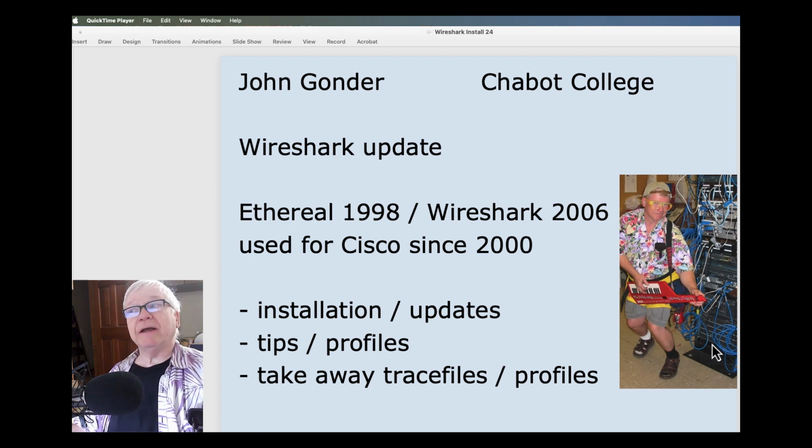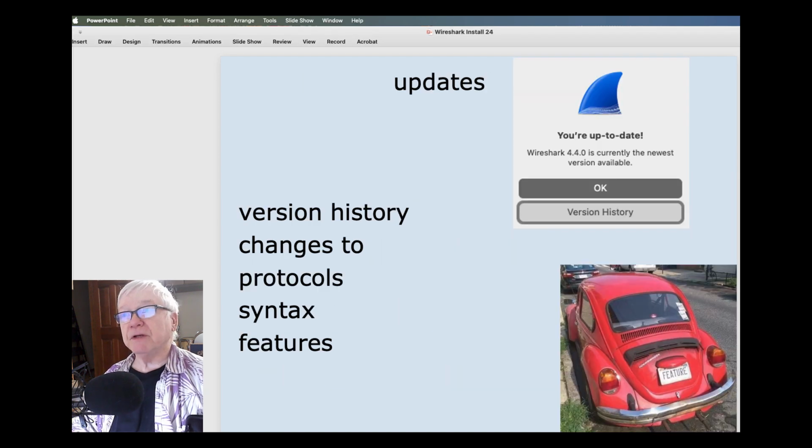Intro today. Doing a little update. I was seeing that my how-to video on Wireshark installation was looking a little long in the tooth. It was from version 3.2, and there's not a lot substantially different in terms of the installation, but there are some updates and some cool new stuff, and I wanted to add that in here and just have this be up to date. So the current version as of today is 4.4.0.